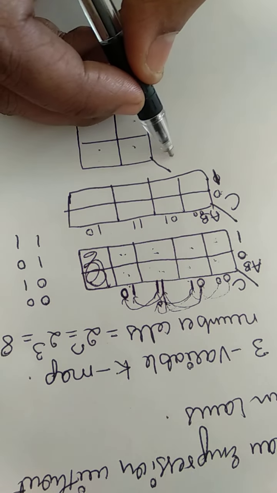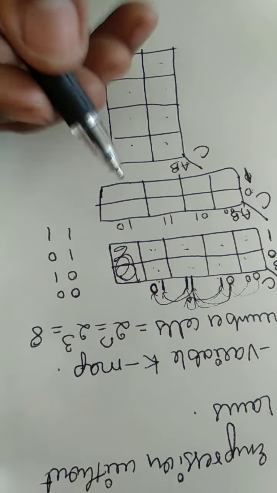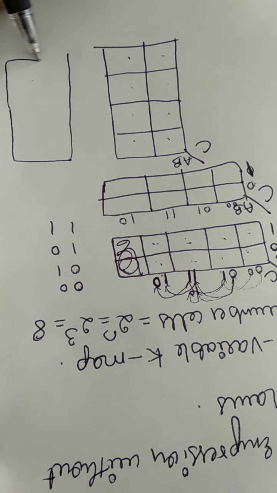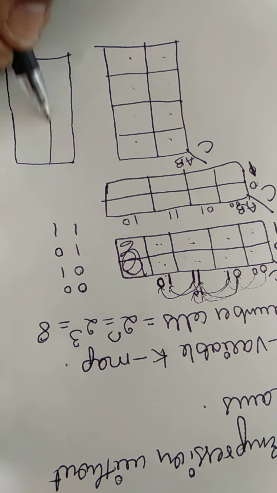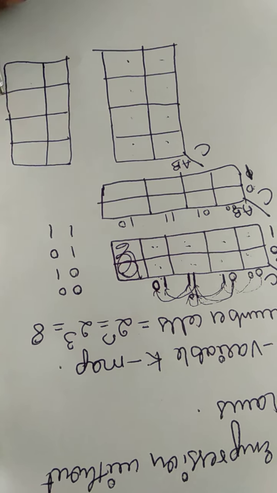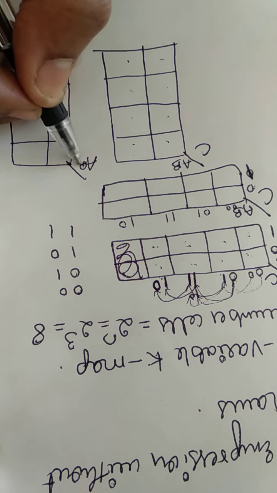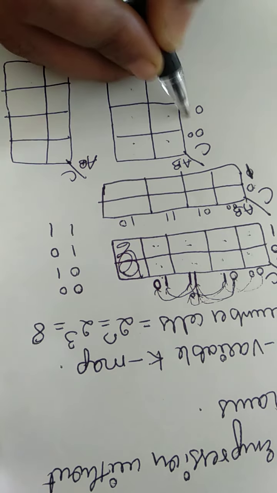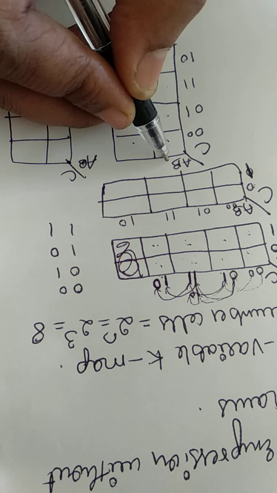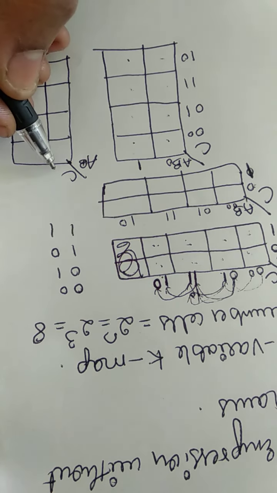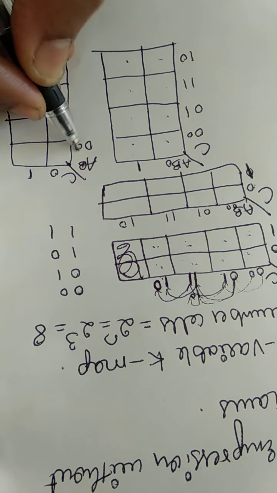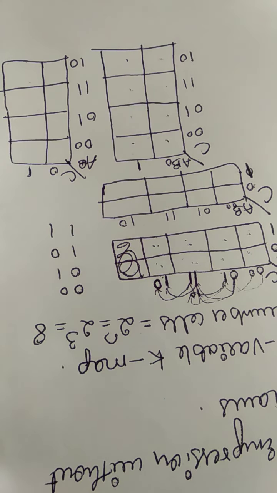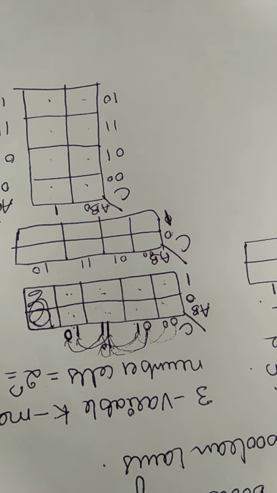So for variables, you can take C here or AB here, or else you can interchange the variables. You can write it as AB here or C here. So next is 0, 0, 0, 1, 1, 1, 1, 0. So this is 0 and 1. Here 0 and 1, 0, 0, 0, 1, 1, 1, 1, 0. So this is for 3 variable K-map.